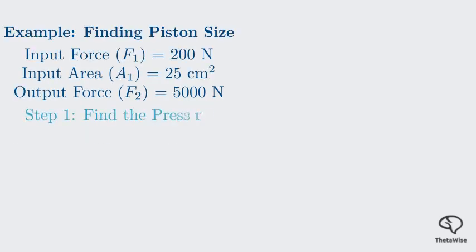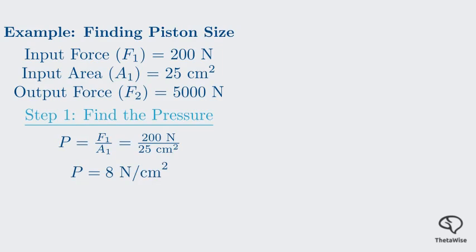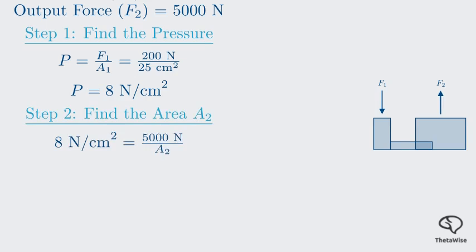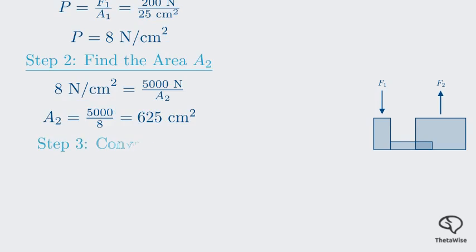First, we calculate the pressure created by the master piston. 200 divided by 25 gives us 8 newtons per square centimeter. Now, we use that same pressure for the output side. 8 equals 5,000 divided by the new area. Solving for area, we get 5,000 divided by 8, which is 625 square centimeters. To convert this to square meters, we divide by 10,000, giving us